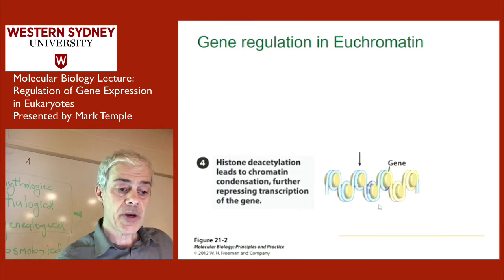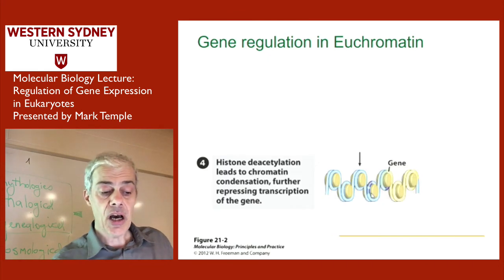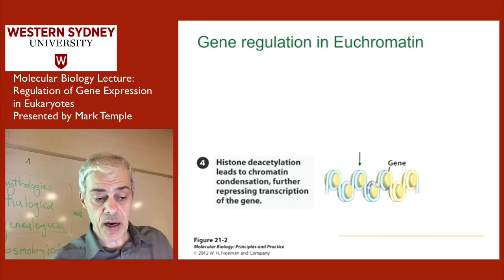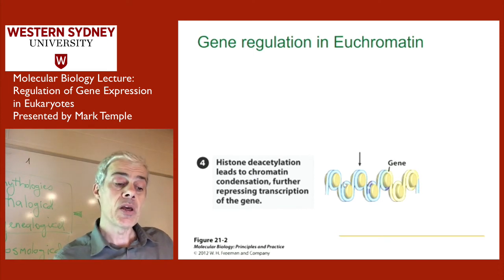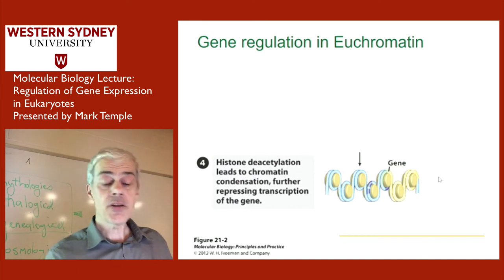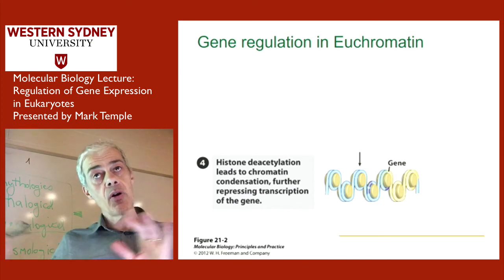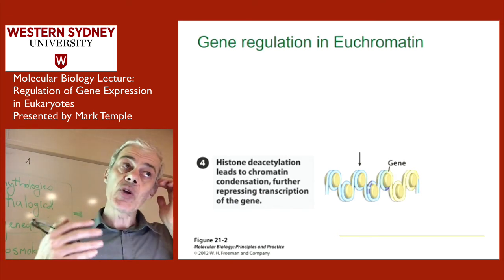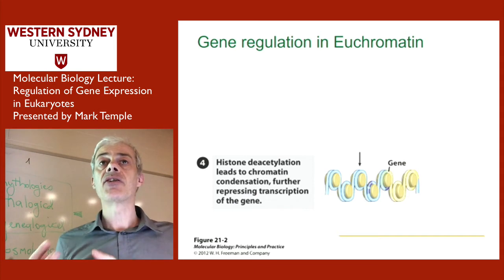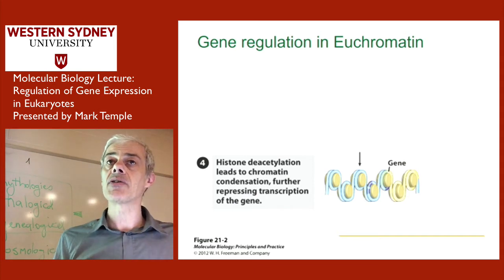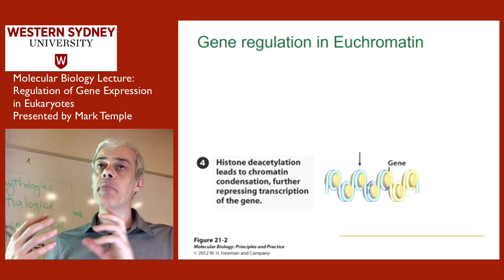And then you end up with this tightly packaged gene and promoter region, tightly packaged in euchromatin that's difficult to access. So it's quite a nice simple story now, going through those slides, of looking at how genes are actually turned on and turned off in eukaryotes and how it's linked up to packaging.